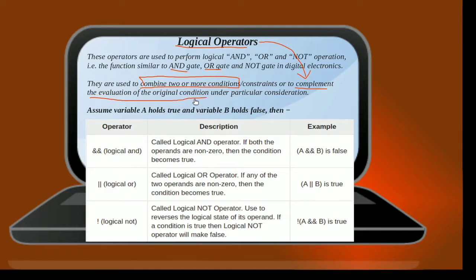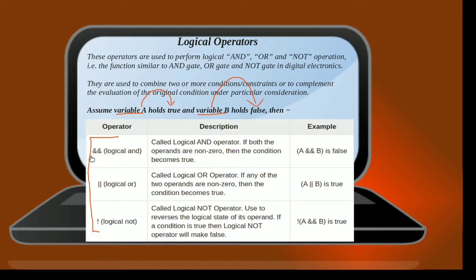Now let us assume that we have two variables, variable A and variable B, but in this case variable A and variable B are holding boolean values, whereby variable A is holding a boolean value of true and variable B is holding a boolean value of false. And these are the examples of all logical operators,